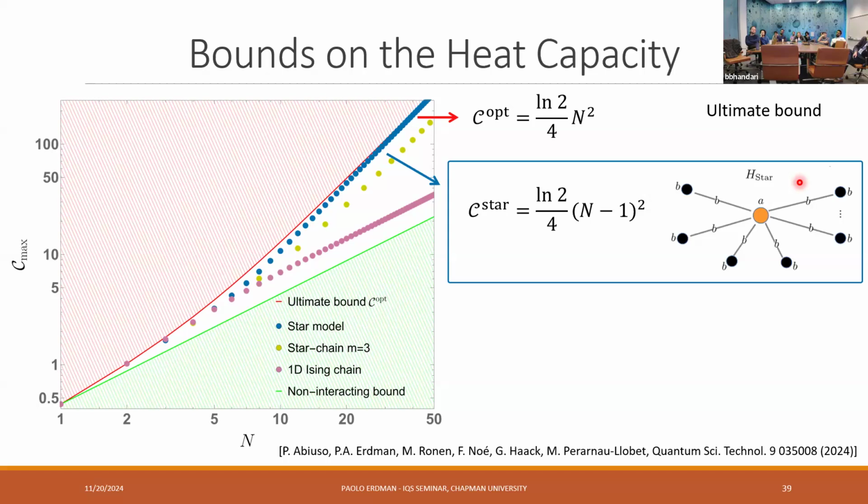So by choosing everything appropriately, when this, for example, is pointing down, every time you flip one of these, you have a degenerate energy because you get plus H from the local field, but minus H from the coupling. So you really want to choose the system so that you have this huge degeneracy when the central spin is in one configuration, and when the central spin is in the other configuration, you get additional states.